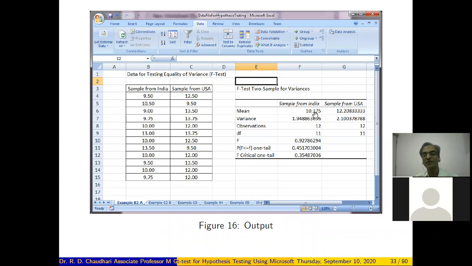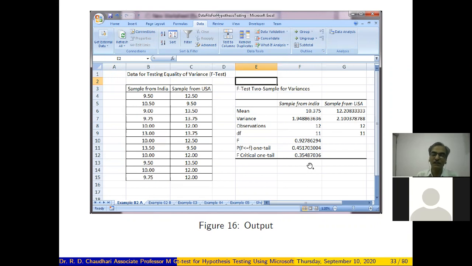The first value, 10.375, is the mean for the sample from India, and 12.20 is the mean for the sample from USA. Similarly, the variance is 1.94 for the first sample and 2.1 for the second sample. In each data, there are 12 observations, and these are the degrees of freedom.